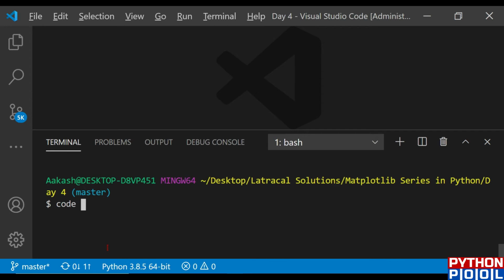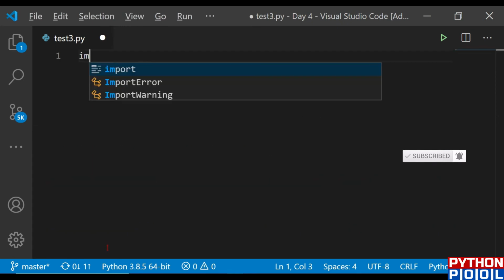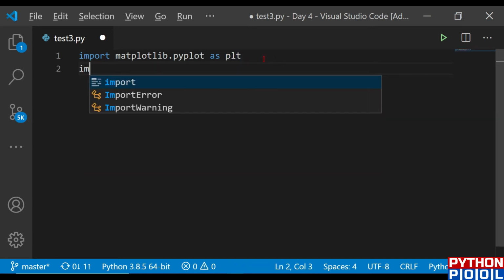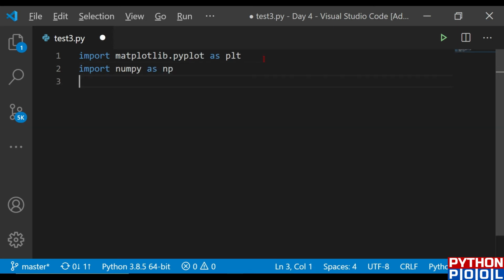Let me code a file, name it test3.py, and once my file is ready, I'm ready to start with the program itself. Let me import matplotlib.pyplot as plt, and then after importing that, let me import numpy as np, and let me import math because we are going to use the sine function, so it would be easier to do with math.